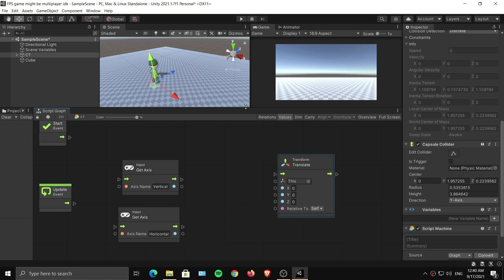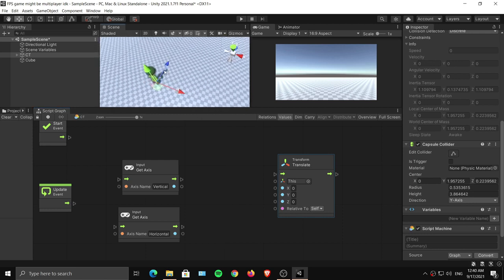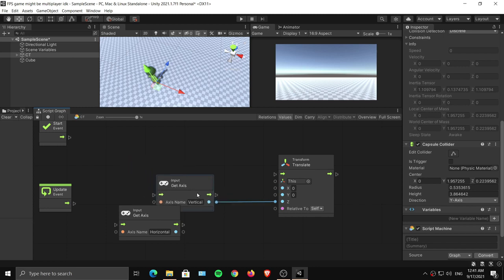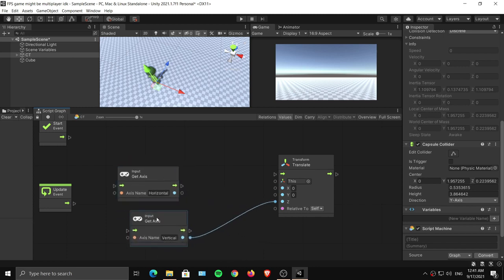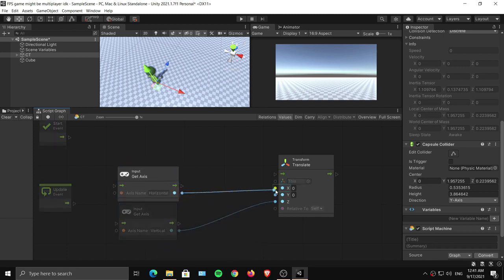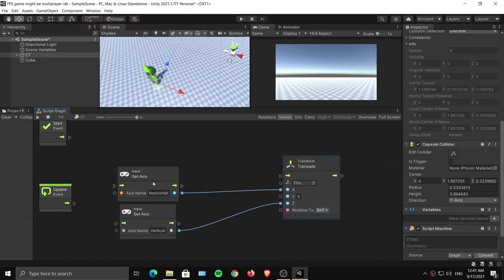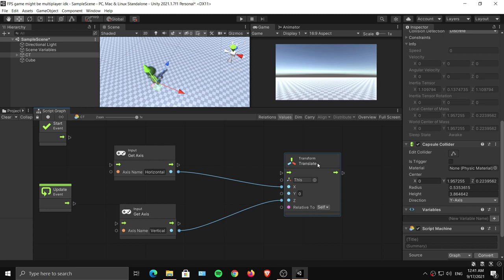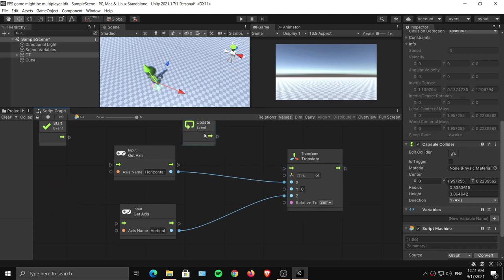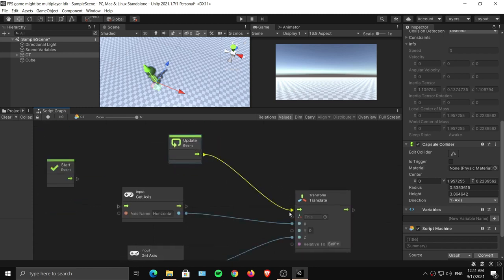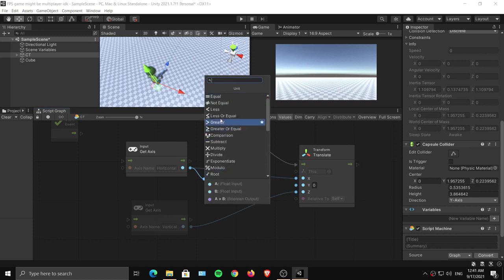Now to move forward and backwards, which is on the Z axis, plug the vertical component into the Z socket, and we will plug the horizontal component inside the X socket. This will go from 0 to 1, which is actually a really huge change, so we don't need that. So I will add in a multiplier